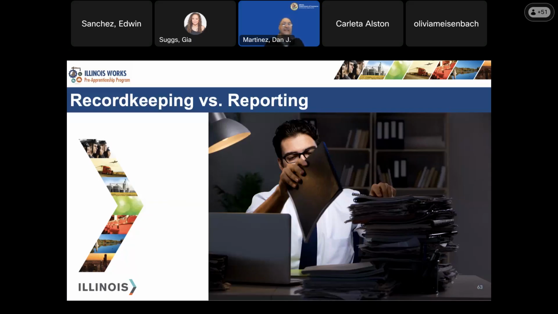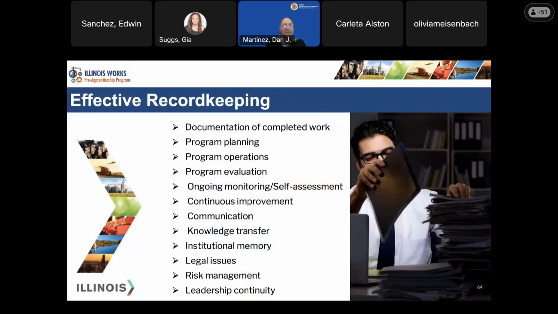So this is something that we really want. We're looking forward to sharing this information and letting you know the requirements. But I also want you to understand the importance and the gravity behind all of it. So, talking about record keeping, on the next slide, we have a couple bullet points where we discuss the importance of effective record keeping